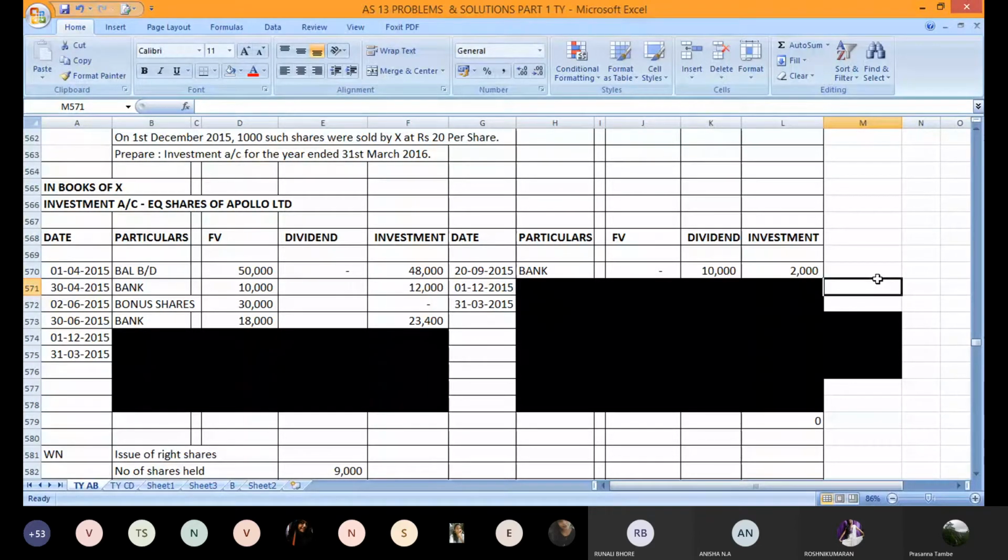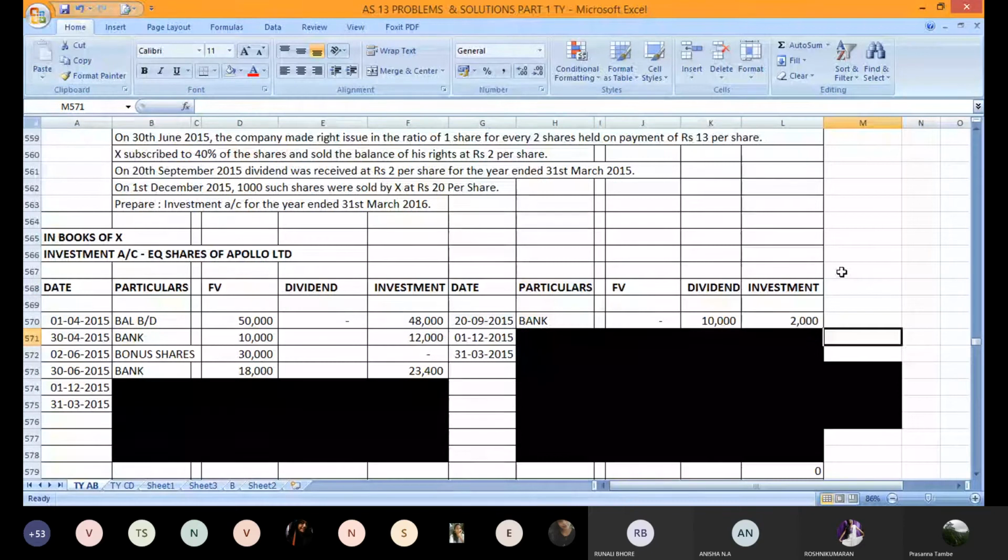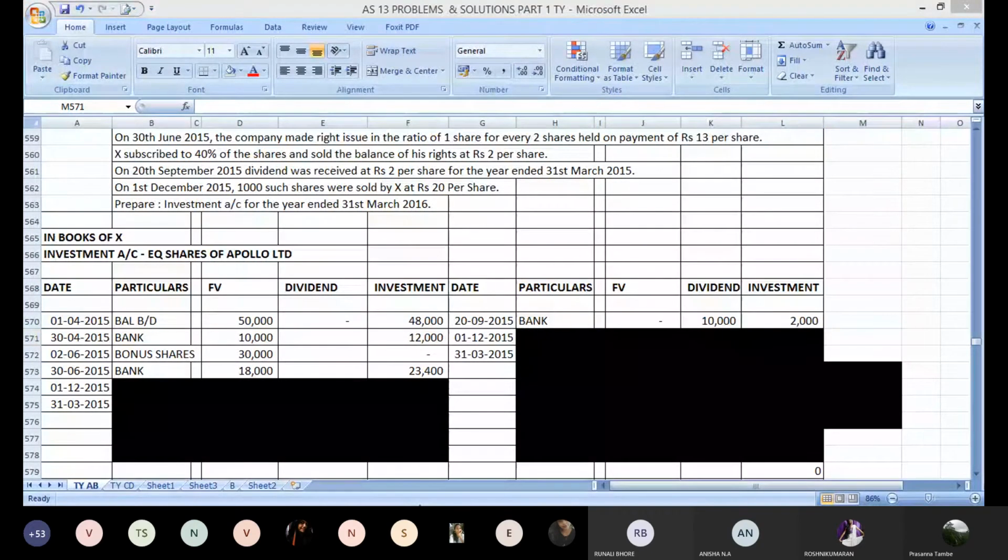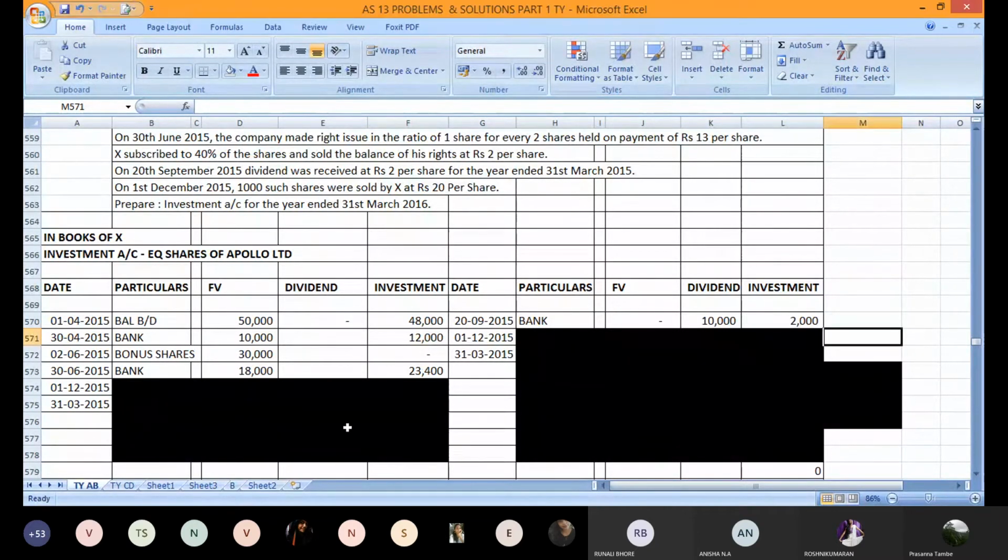Now there is a sale of shares. So for sale of shares, we have to work out the weighted average cost. How do we work out the weighted average cost? Actual shares upon total shares into total cost of acquisition, right? So we have to find out all this data, isn't it? To account for this or to make a working, we need the data. So let us plot that data here.